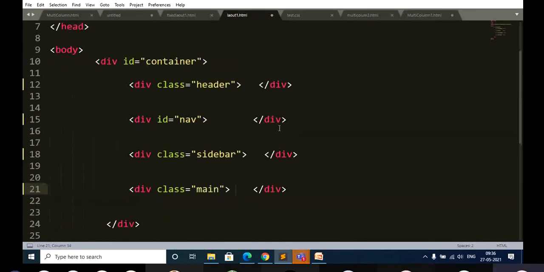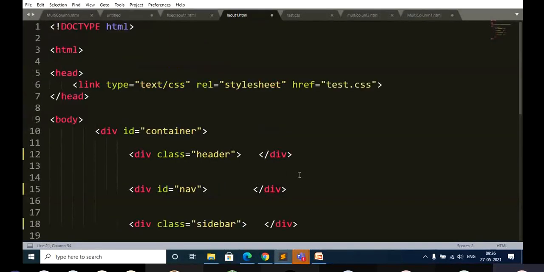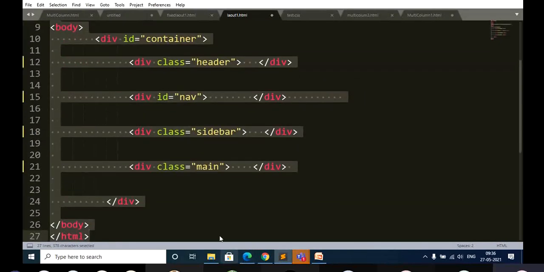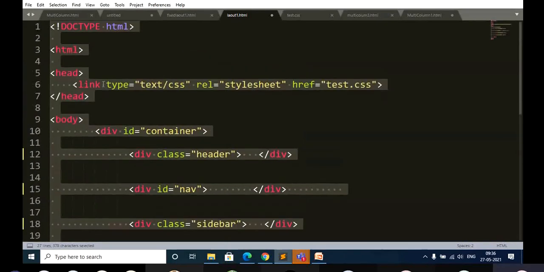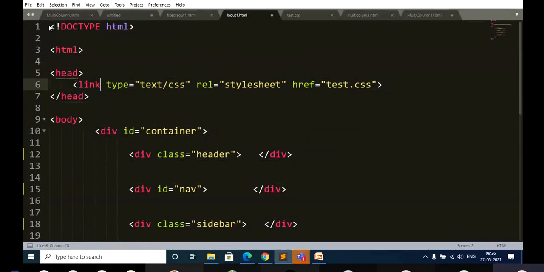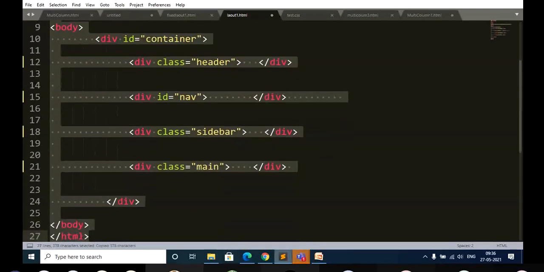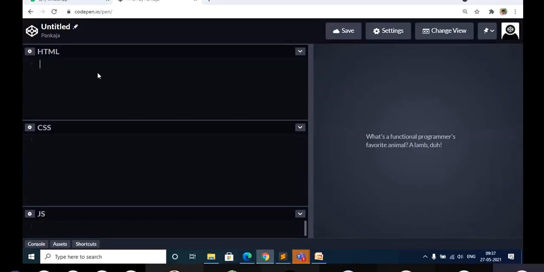Now for these blocks that are created, I want to apply the CSS design. Let me copy this. I think even this part is not required. Let me go to the code pen so that I can explain step by step.